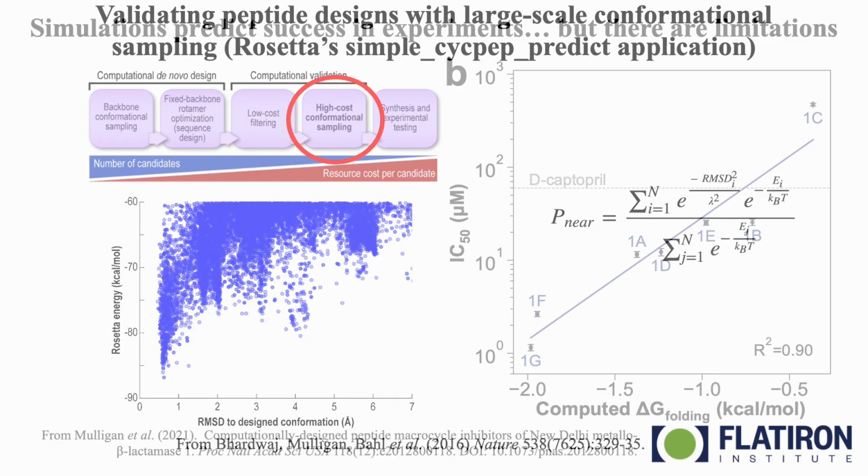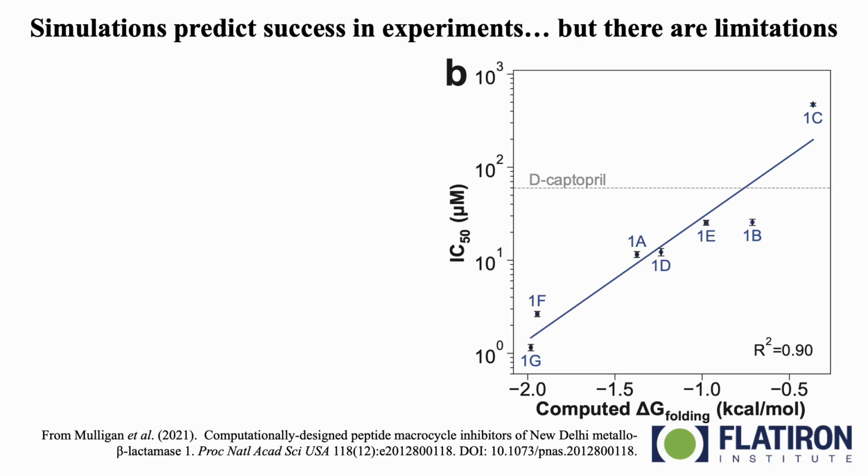So we use this to rank our designs. From this computation, we can also compute an estimate of the delta G of folding, the folding free energy. So here is a plot where on the horizontal axis, we're showing that computed folding free energy from that simulation. Lower is better. And on the vertical axis, we're showing the experimentally measured IC50. Lower is better. And this is for 7 peptides that we characterized computationally, and then we synthesized and we characterized